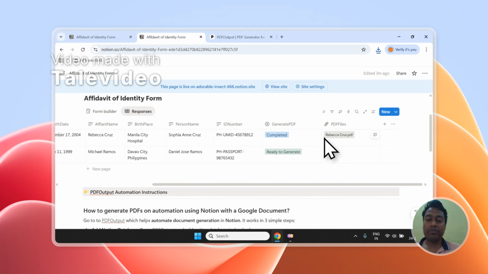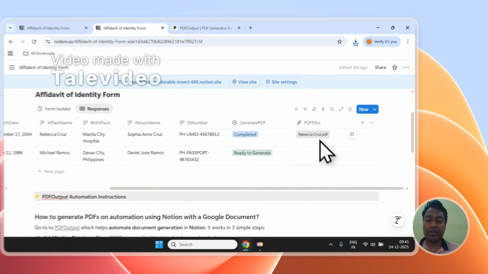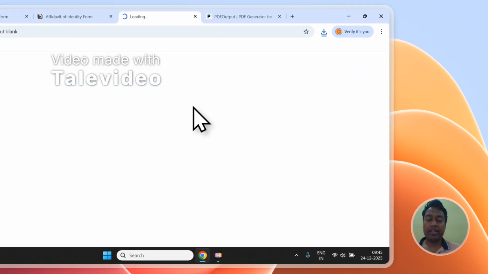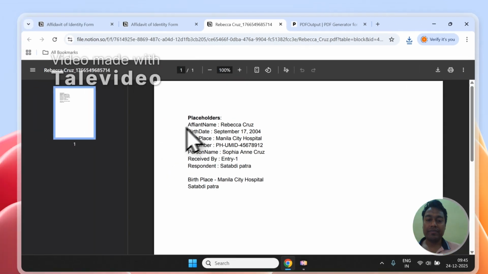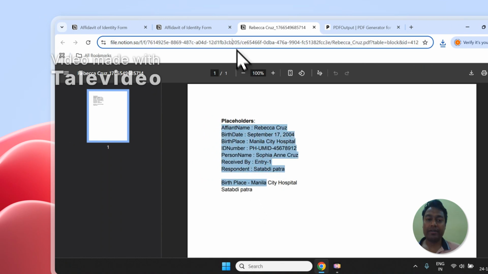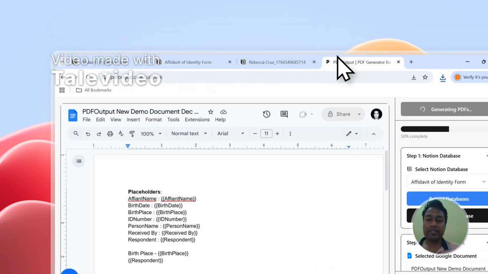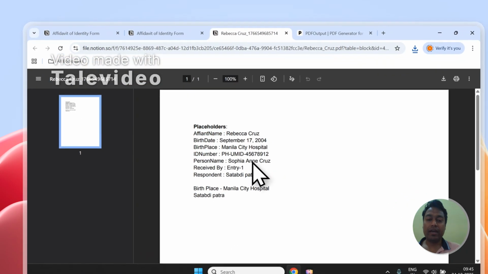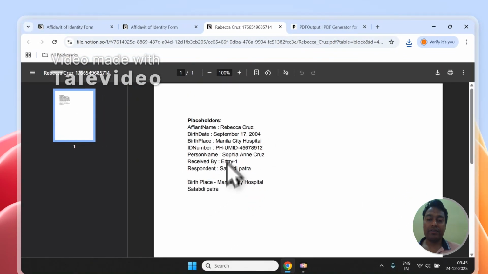So now I'm going to wait for the last record to be generated as PDF, and it will be stored in the database right over here. So let's open up the first file and see how the output has come out to be. And you can see the placeholders have been correctly mapped with the database values, and the document has been created. Okay. So this is how simple and easy it is to create a PDF file, and the document has been created correctly within the